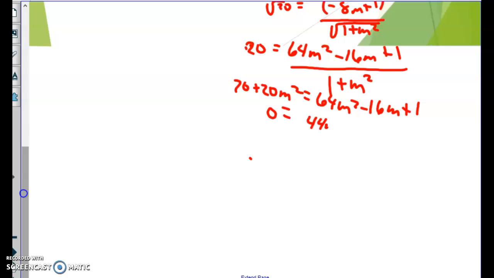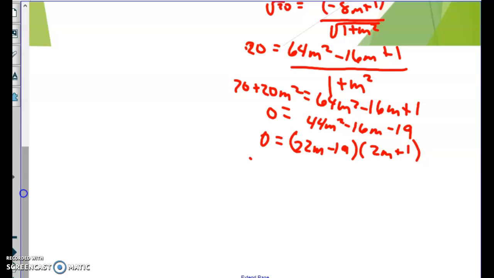44m squared minus 16m, and then I'm going to go with minus 19. And lucky for you guys, I spent a little bit of time trying to factor this, and I came up with 22m minus 19 times m plus 1. And so my two slopes that I'm going to come up with are 19 over 22 and